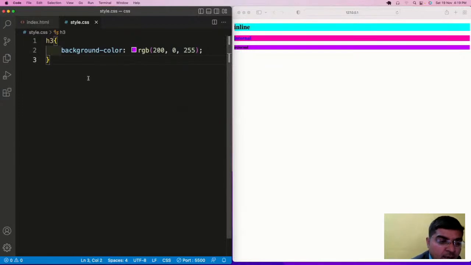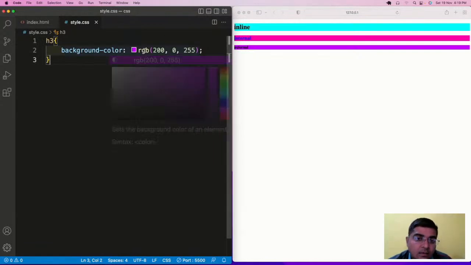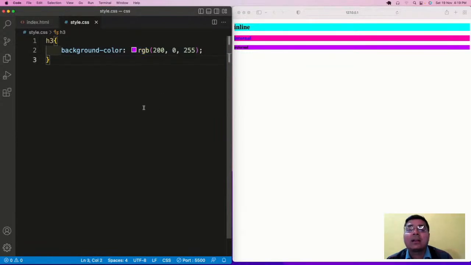Now, in the next color system, we can see the addition of color in the form of R, G, and B. Here, what is RGB? R stands for red, G stands for green, and B stands for blue.